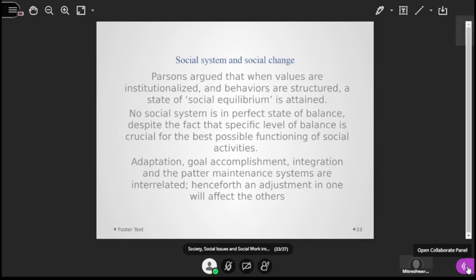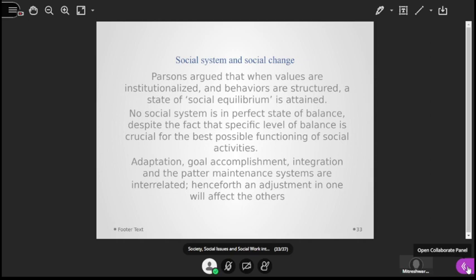Ou bien pour sortir, pour aller à la cave, pour aller au bistrot, et puis prendre le bus dans le travail et qu'on retourne safely. And no one has a right to, si nous disons en possession d'une arme à feu, un revolver, sauf qu'il y a une licence, puis ça aussi, vous savez comment on peut savoir ça. D'accord? Mais si tout le monde a un permis pour un porte-revolver, et tout le monde prend un revolver, imagine ça. So, a state of social equilibrium is attained quand toutes nos values sont institutionnalisées dans le monde et nos behavior is structured.